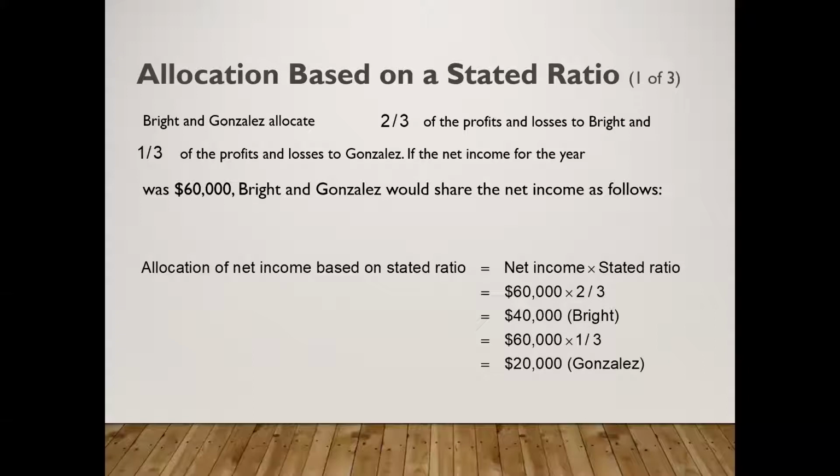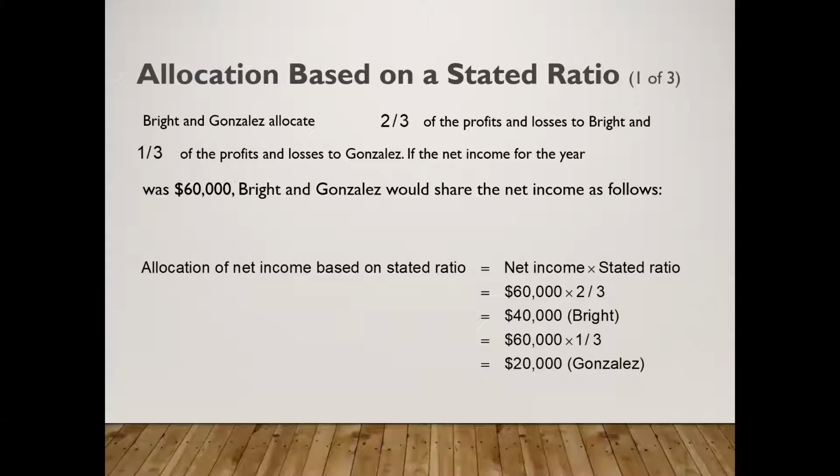The partnership agreement may state each partner's ratio of profits and losses. Suppose Bright and Gonzalez allocate 2/3 of the profits and losses to Bright and 1/3 to Gonzalez. Now, this sharing rule can also be expressed as 2/3, 1/3. If the partnership's net income for the year was $60,000,